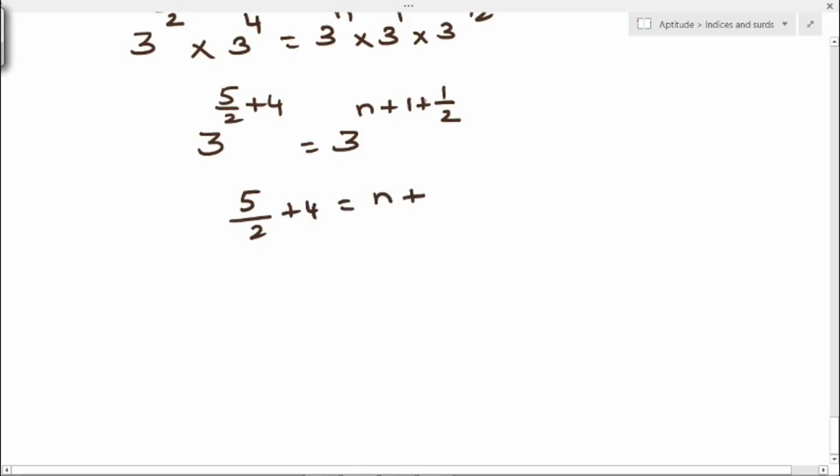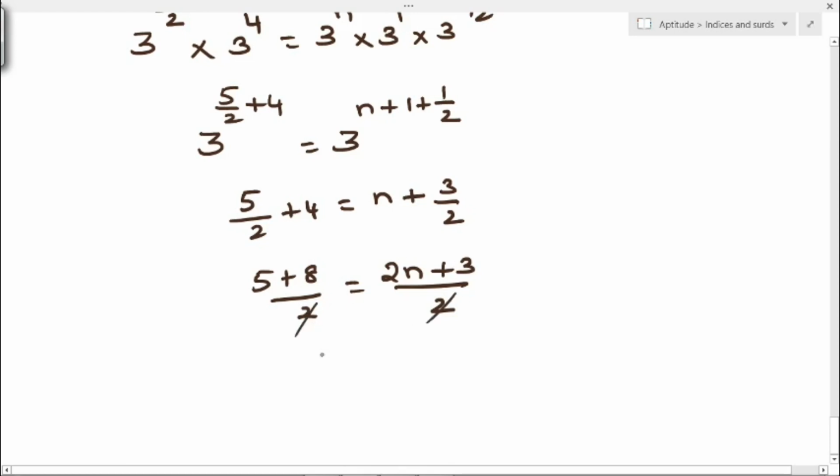So if you take cross multiply, it will become 2 plus 1. So that is 3 by 2. So this can be written as 5 plus, if we cross multiply this, 4 2s are 8 divided by 2 equal to this one. If you take this 2, so it will become 2n. If you are cross multiplying this, 2n plus 3 divided by 2. Okay. So this 2 and 2 will get cancelled.